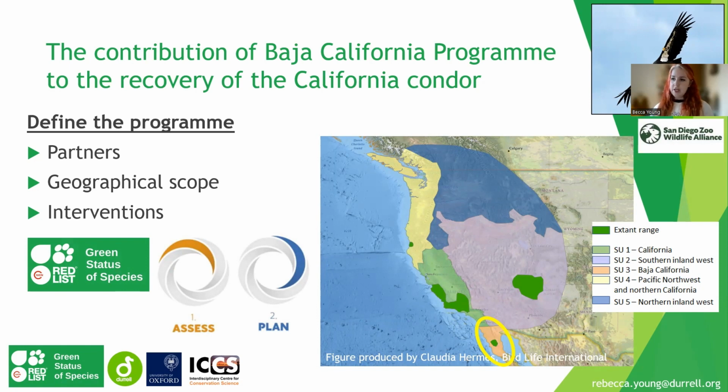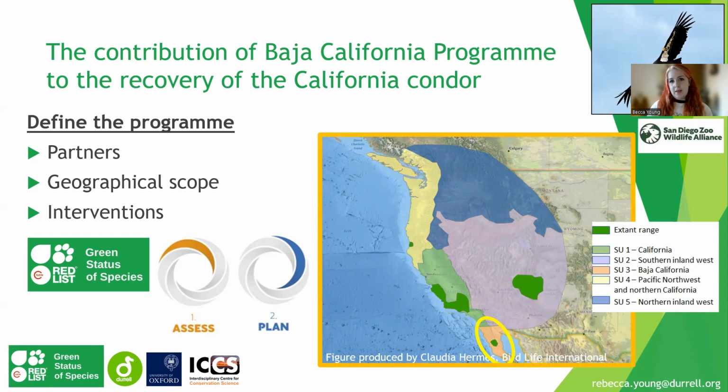Obviously the first stages of the conservation standards are assessing and planning. So again, looking at some of those exact same questions: who are the important stakeholders? What's the geographical scope? What are we trying to do? And thinking about that in the program planning. One of my next big steps in this work is writing up the guidelines, and we will need to make sure we've got very clear guidance on how to define a program. I'm thinking that the guidance within the conservation standards will be really helpful for me, using common language to get more consistency in how we talk about programs.